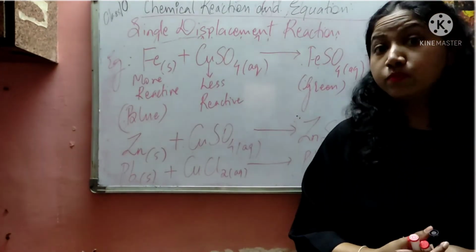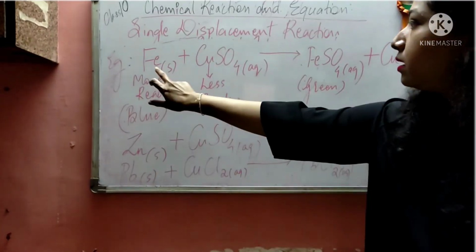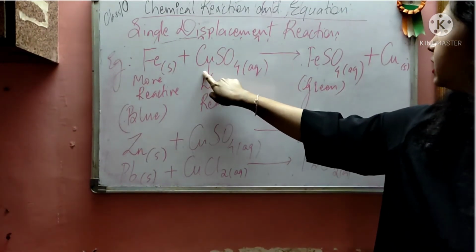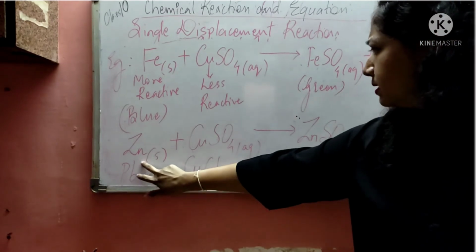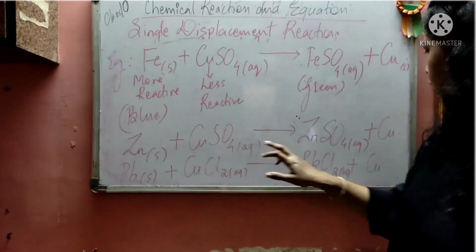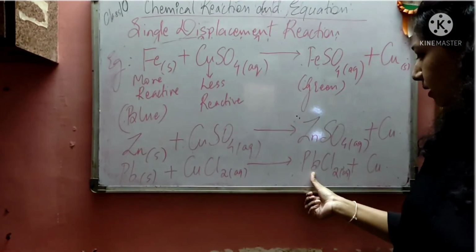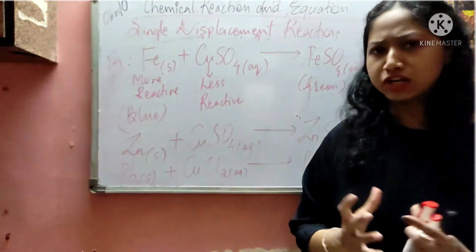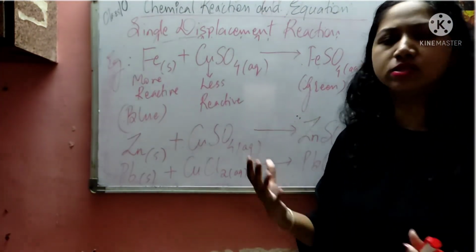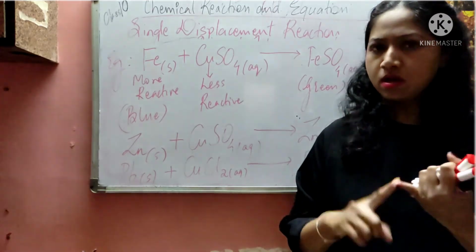Now another thing which is more important, guys, is whether the reaction is balanced. Let's see. Fe balanced, Cu balanced, SO4 balanced. So everything is balanced over here, no need to balance. Zinc done, Cu balanced, SO4 balanced. Pb, which is lead, balanced, Cl2 balanced, Cu balanced. So everything is balanced in this reaction, so we need not balance anything, because it's already balanced. So what we have seen in this reaction today is single displacement